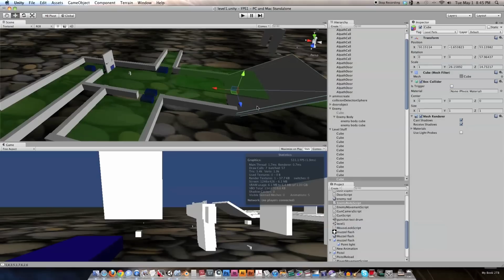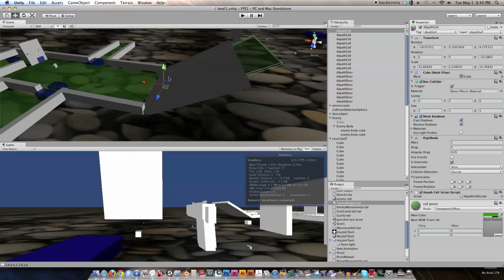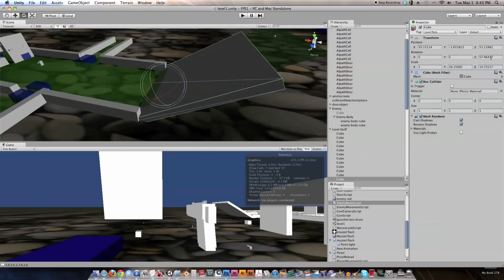Actually, you know what I should do is I'm going to focus in on this, and then I'm going to move that to where my camera is, and then I'm going to tilt it until their angles are pretty much even. And I want to set that to local. And oops, I can see now that it's not perfectly even. I don't know if I can get it perfectly even. Well, I can by copy and pasting the rotation. So copy